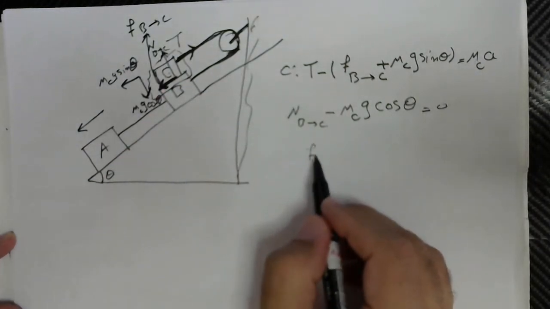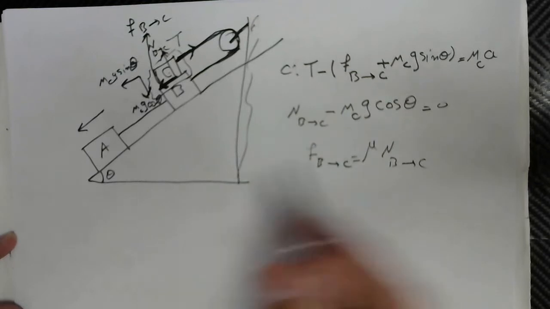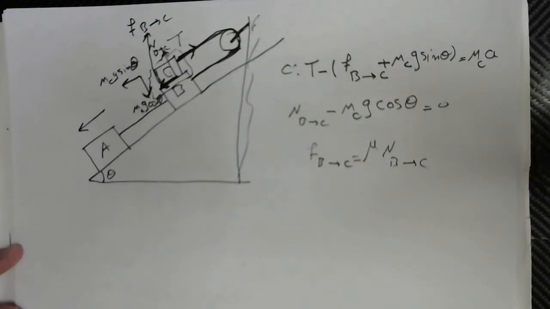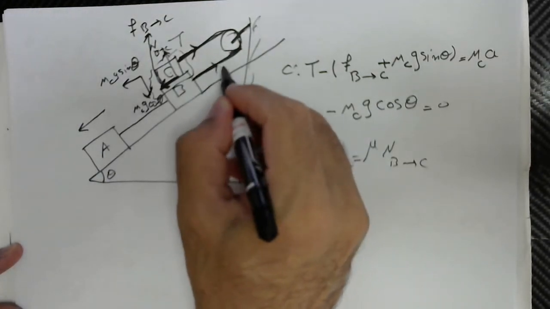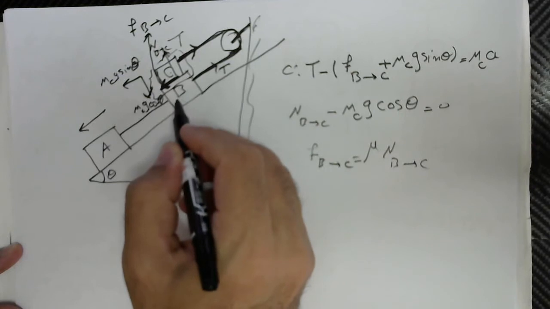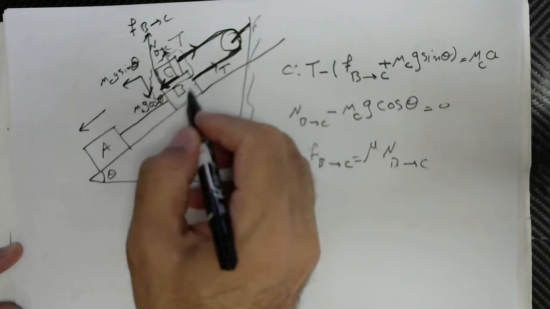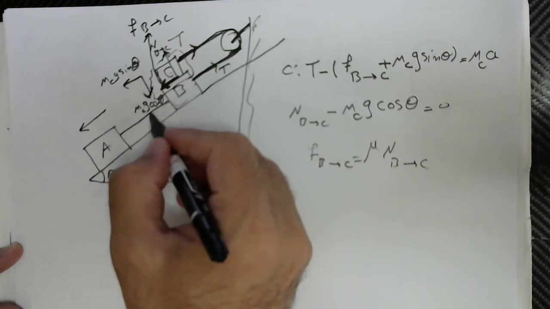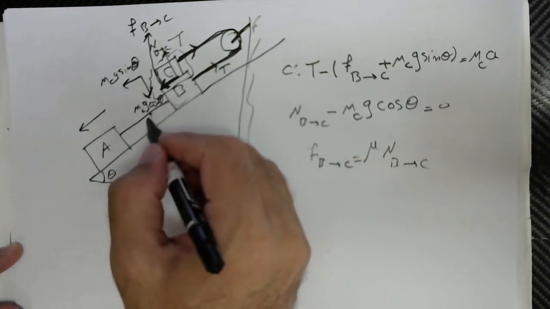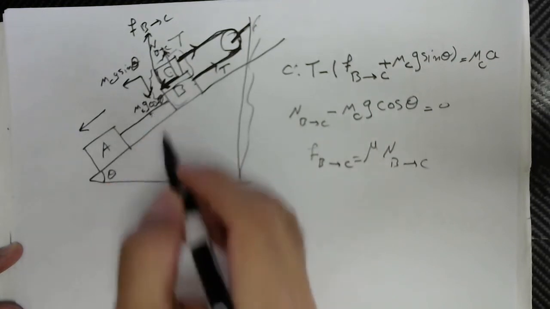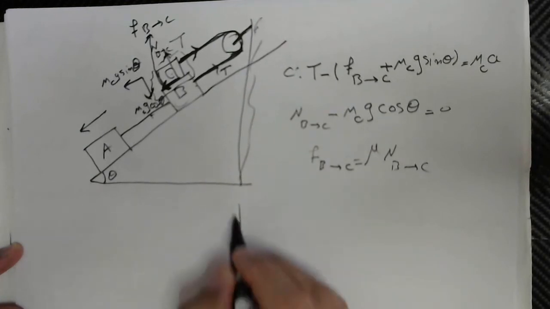And we know that F B to C is mu N B to C. So these are the equations of motion, and the same T is applying to B, but then because B has a mass, part of this will be consumed to control B, and the rest would be the force between A and B, which is the force on the other side of the mass B, and there is another tension. So we can draw this again, and considering, for example,